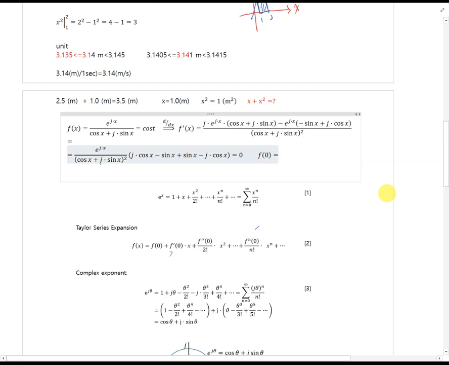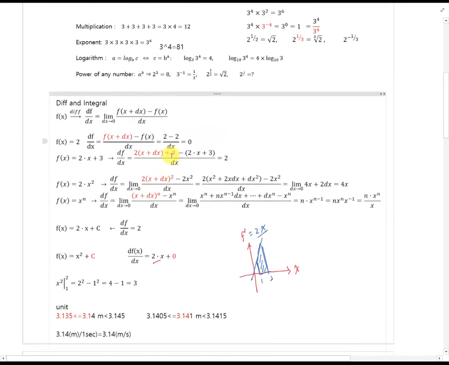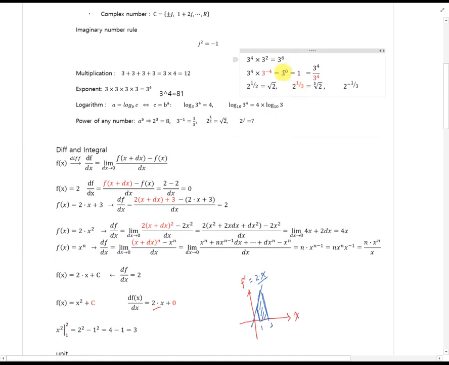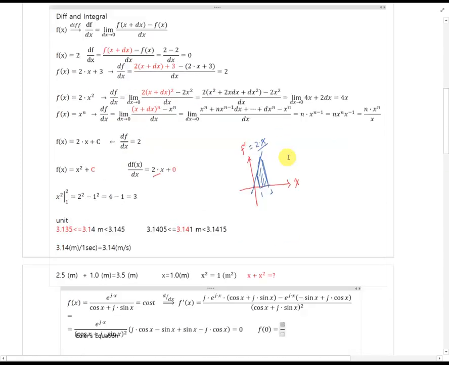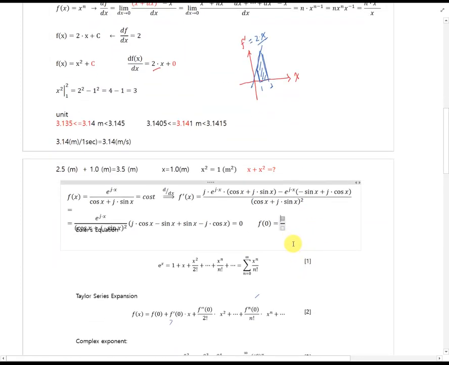F of 0 means the exponent is 0, and any number to the power 0 is equal to 1, as we see here. It is just a division. So e to the 0 is 1. And the cosine x, if x is 0, then this is 1, and sine is 0. So that means it's 1. Therefore,